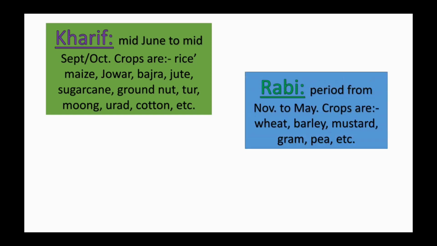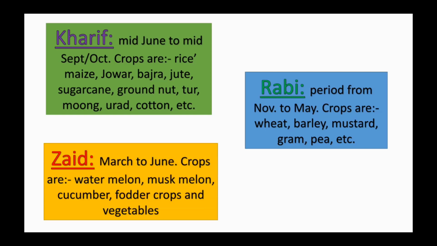Next you will see the Rabi crop. Its period is from November to May. Especially crops like wheat, barley, mustard, gram, etc. are grown well. Besides these two, Kharif and Rabi, the major seasons, the third season, that is Zaid season,